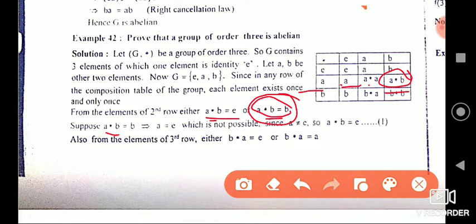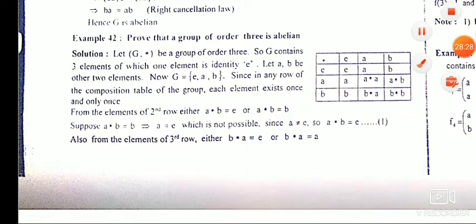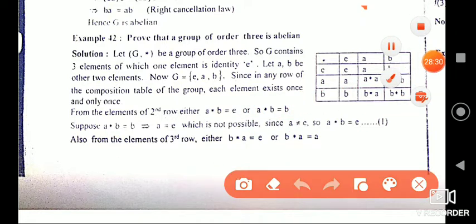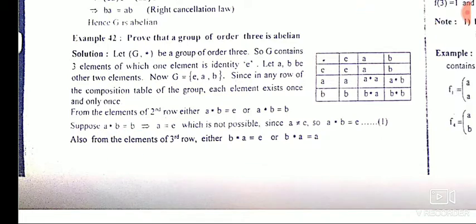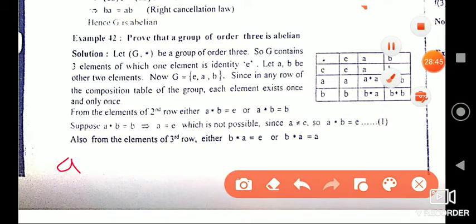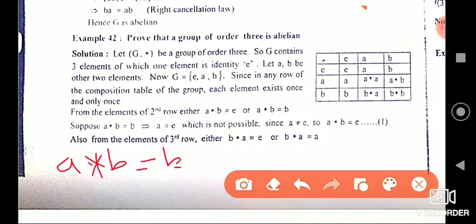We can use right cancellation law. B is there on the right-hand side and B is there on the right-hand side. Let's say if you take E here, E star B, so we can cancel B. So what is remaining? I'll write this once again. So A star B is equal to B. I can write once again as A star B is equal to E star B, because the identity element is the same, right?